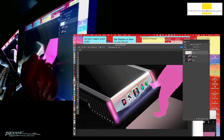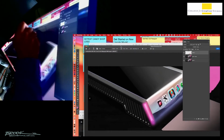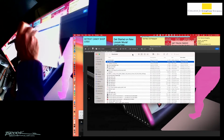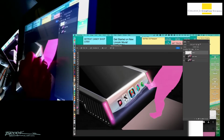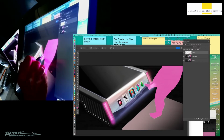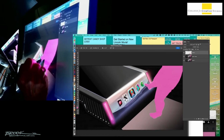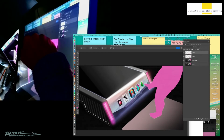Okay, so let's copy this. I'm going to choose eyedropper and B for brush, but this time I want a hard brush. Oopsie. Okay, there. So cute, man. Okay, so new layer. I'm going to just put a reflection of him in here,